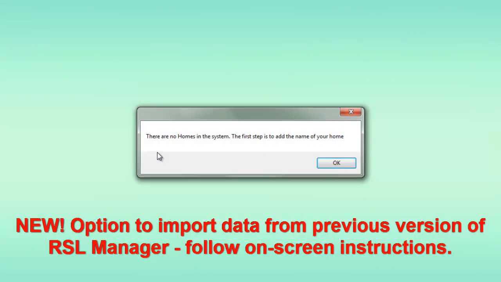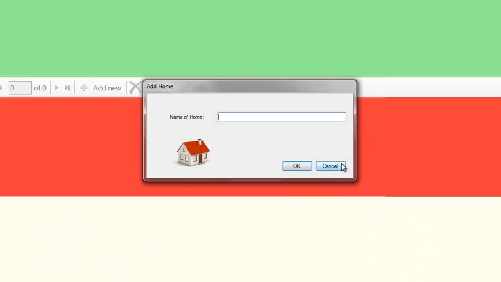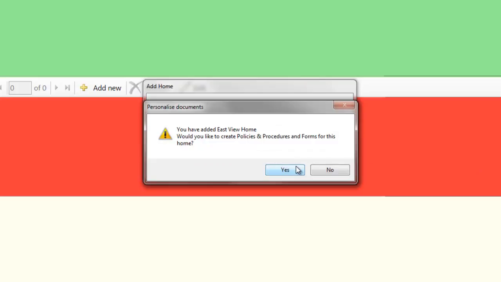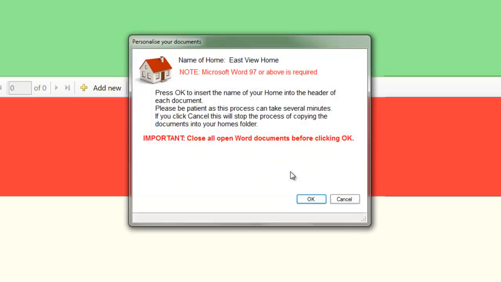It's warning me that there are no homes in the system since this is the first time I'm using it, so the first step is to add a home. So I'm just going to put in a name. And it's called Eastview Home. I'll click on OK. It's just giving us a chance to confirm I've put in the right spelling of the home. And when it does that, it will start customizing all of the documents and all of the forms for